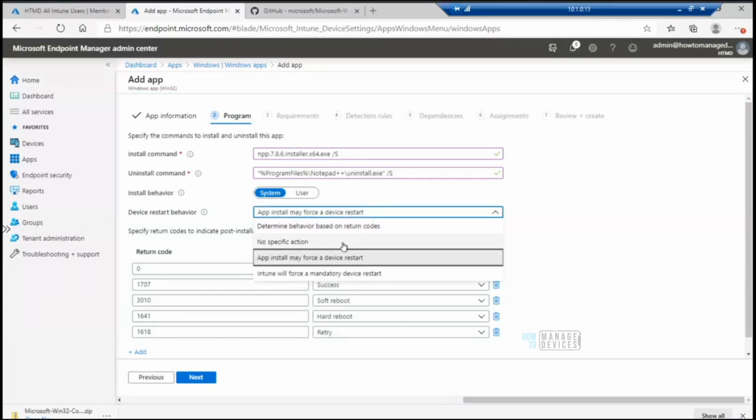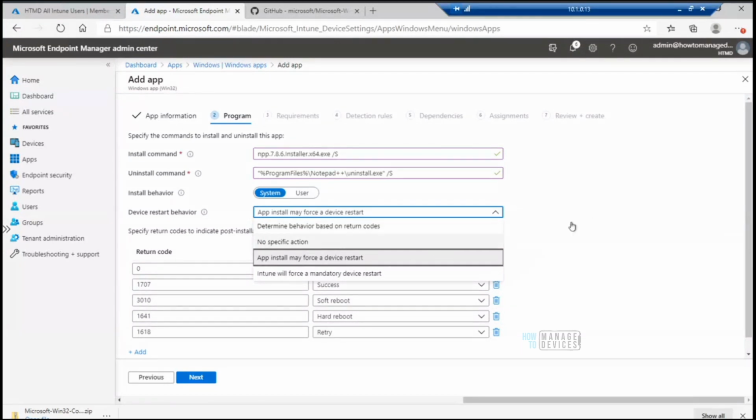So if you want to avoid all the restarts, probably you can say no specific action. Or you can say Intune will force a mandatory device restart, depending on your scenario or the application behavior.